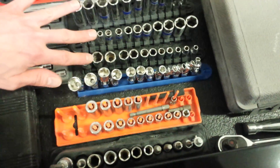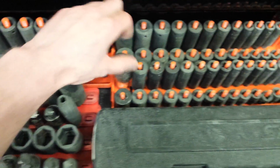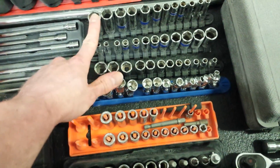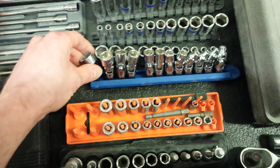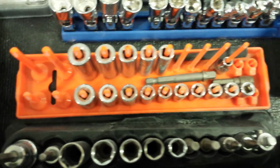So these 3 sets are the only Snap-on sockets I have, other than this socket here, which is a 21, and this shallow socket, which is a 21. I've got the 3 metric 1/4 inch kits, the deep, semi-deep, and the shallow. These I just picked up are from Gear Wrench. They are 1/4 inch swivel. And I've just got some standard 1/4 inch